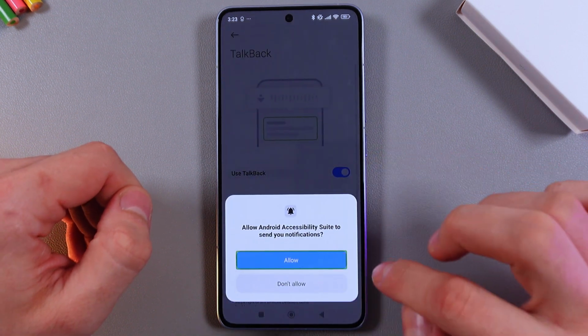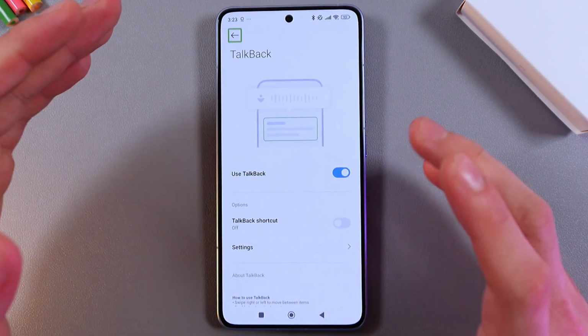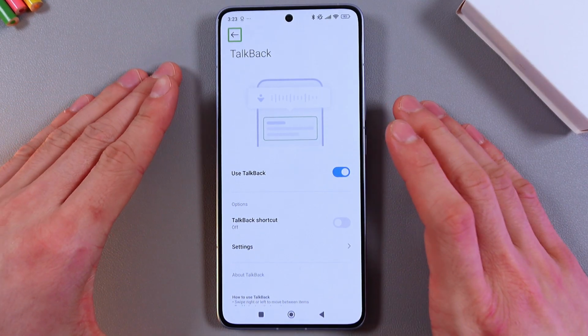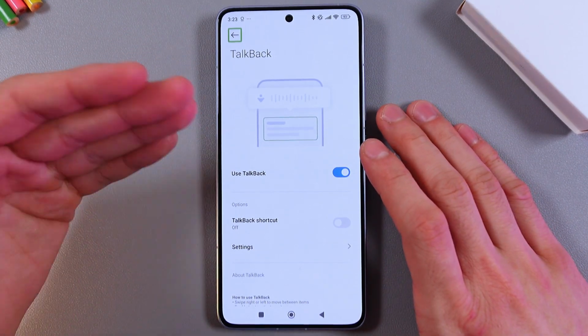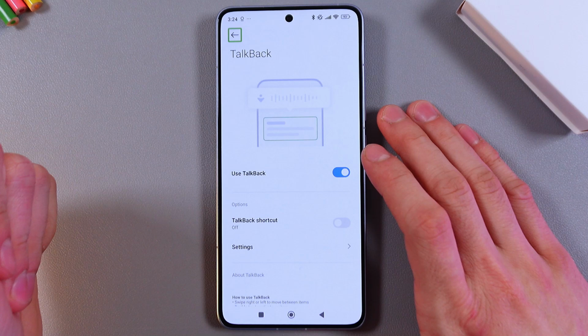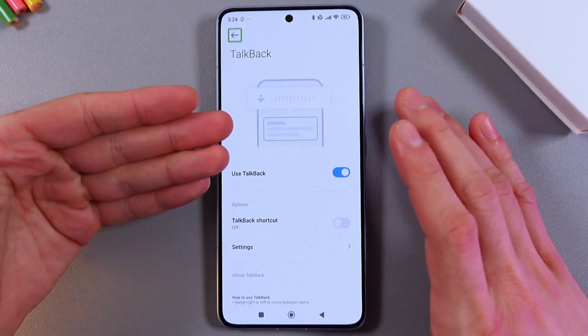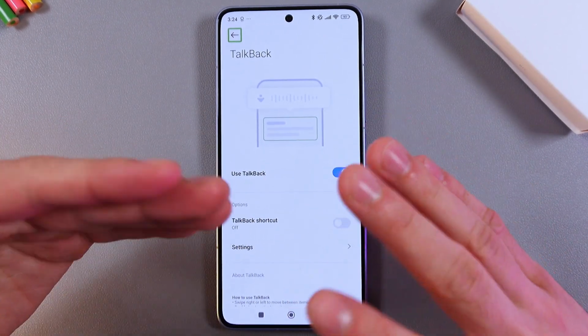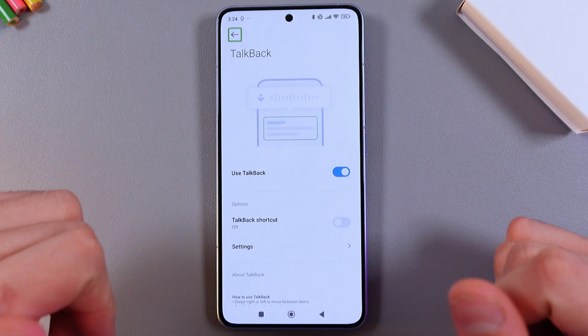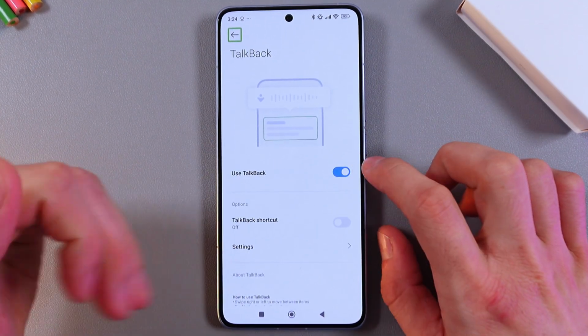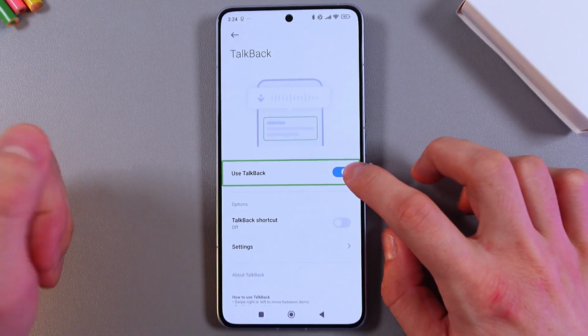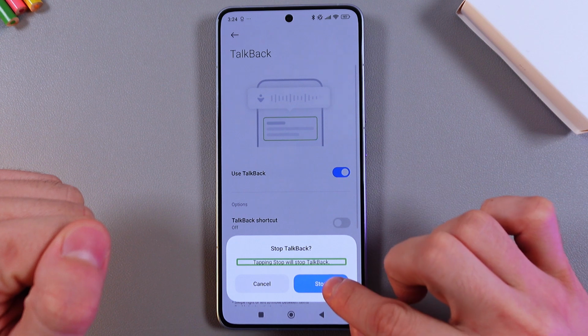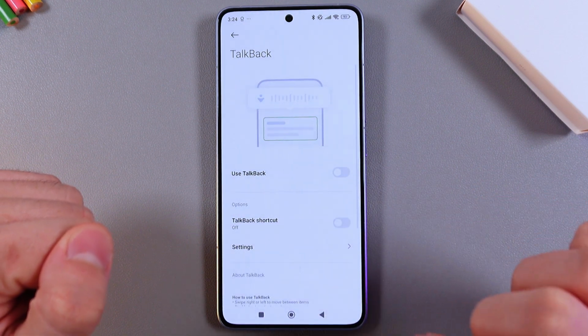Alright, press Allow. Now, if you want to turn off your TalkBack, open up your settings, open up your TalkBack option in your Accessibility and Vision tab, as I just did at the previous part of the video. Find your switch near Use TalkBack, tap on it, now tap twice, tap Stop, tap twice on the Stop, and